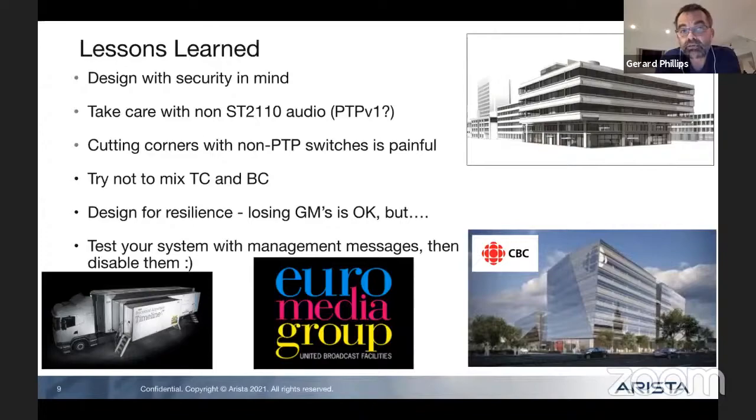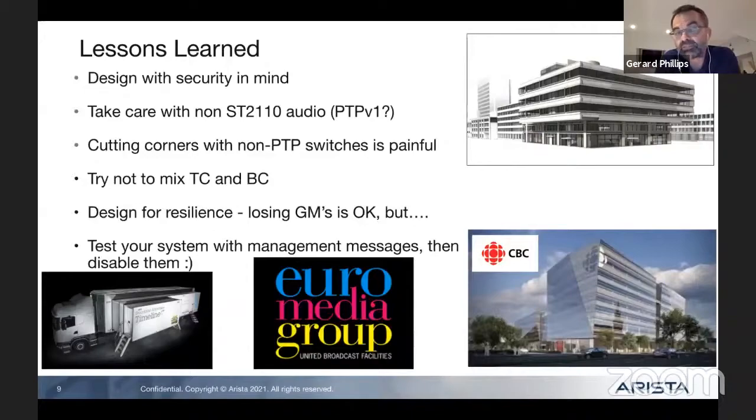Take a lot of care when you come to non-2110 audio. Dante, Ravenna, those guys often use PTP version 1, which is essentially deprecated in the rest of the IT industry. Both of those standards, I believe, will operate quite happily with PTP version 2 if you have the right software versions and you enable it. That would be a massive learning pain point from the interops I've been to.